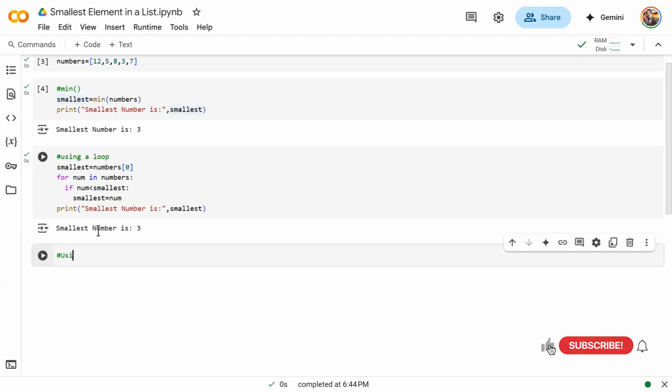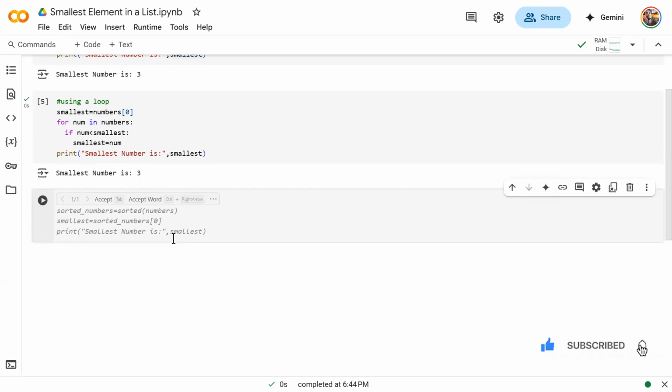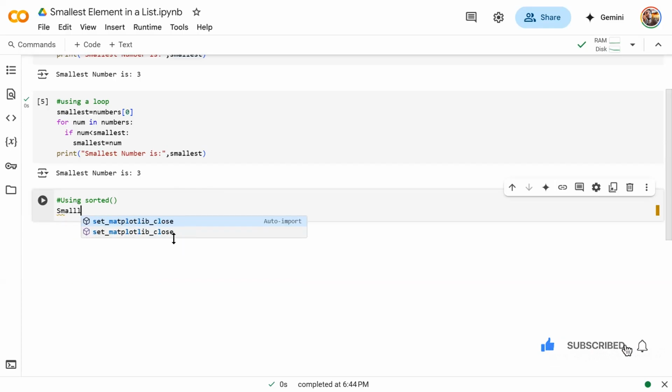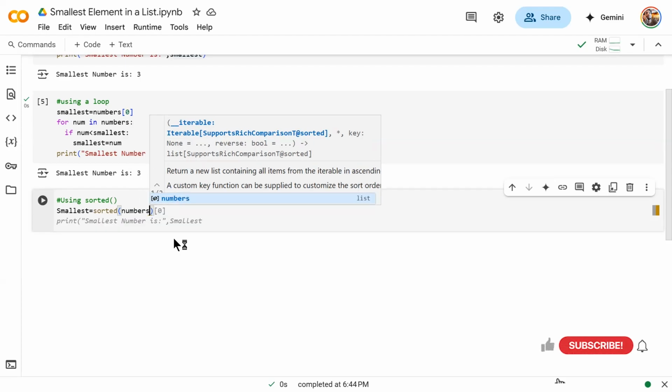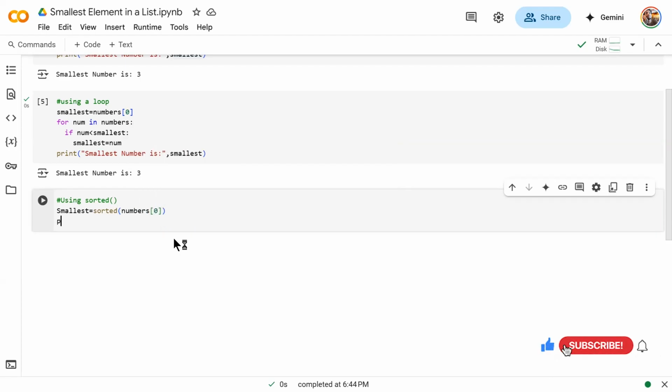Another one is we can use the sorting method. We can use the sorted function. Here what we will do is sort our list and then select the first value from the list. That will be our smallest value. So how can we do that? We can define smallest as sorted of numbers, index 0, and then again we can print smallest number is